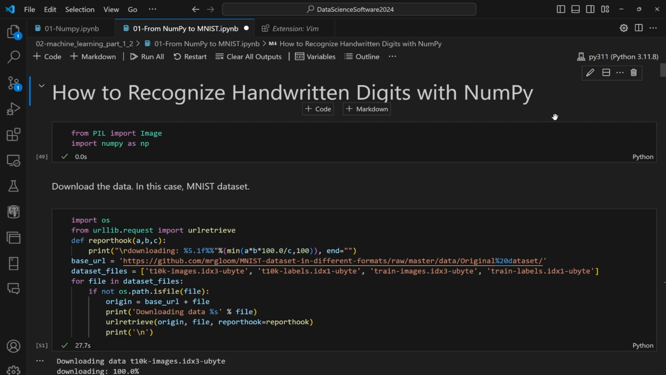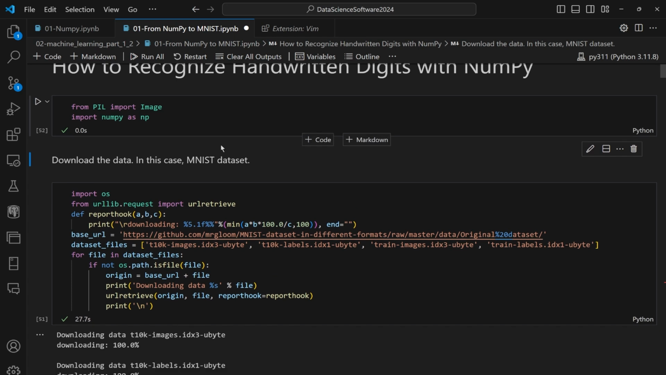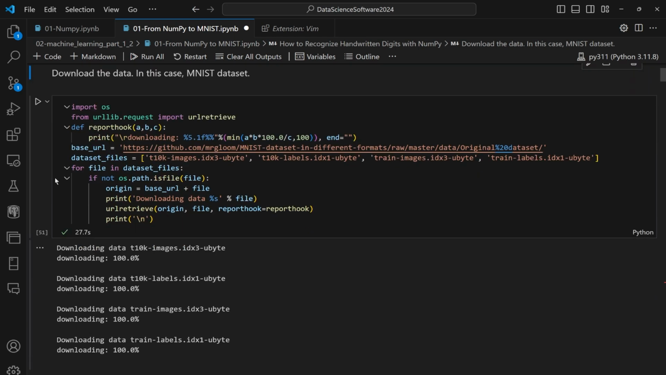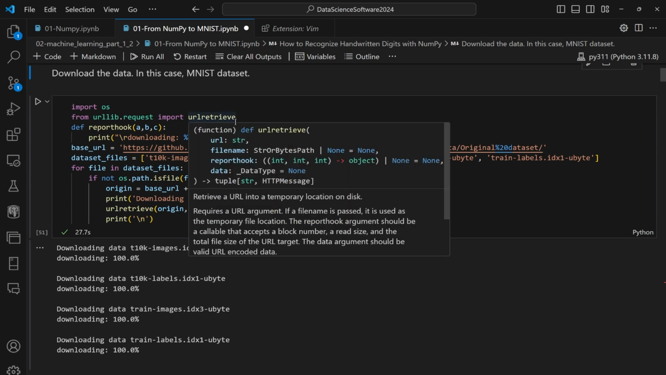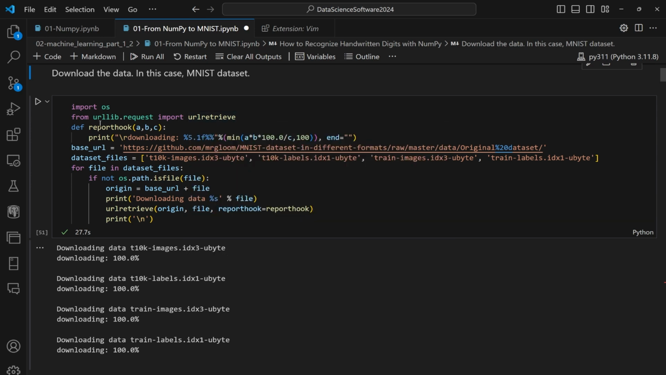So that you can see by combining some functionality of NumPy, you can already do something really powerful and really fast. Without further ado, let's begin. So let's first load some necessary libraries like Pillow and NumPy, and we're going to download the files. I'm using urlretrieve in the Python standard library, and I customized a report hook to display the progress